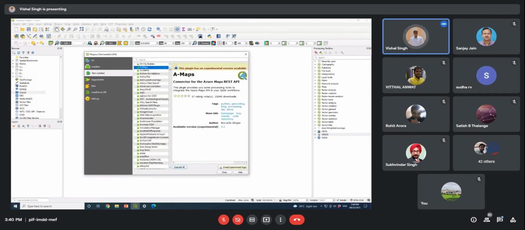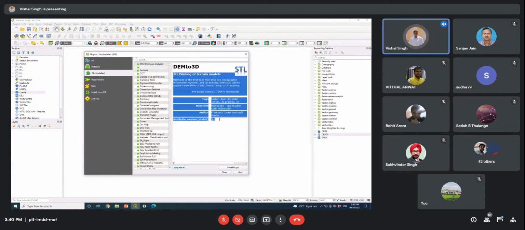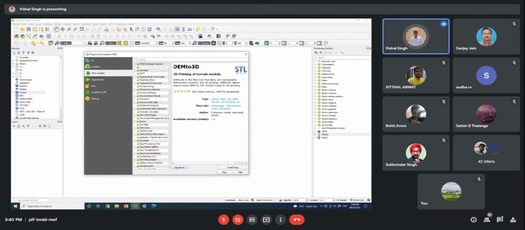Suppose I want to install a particular plugin like DEM 2 3D. You can read the metadata information here about the particular plugin. This tool is for the creation of 3D based on the DEM, digital elevation model. Right now this plugin is not installed in this QGIS environment, so you need to install it.